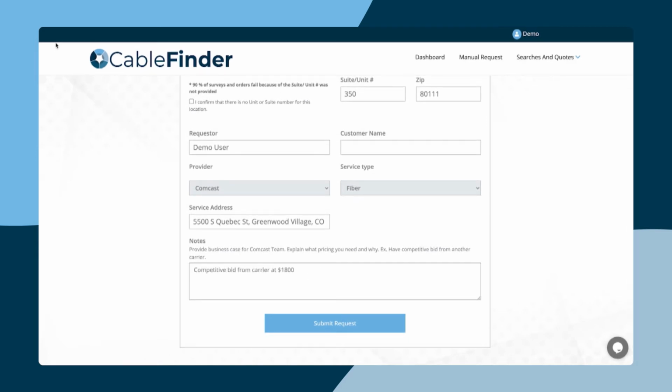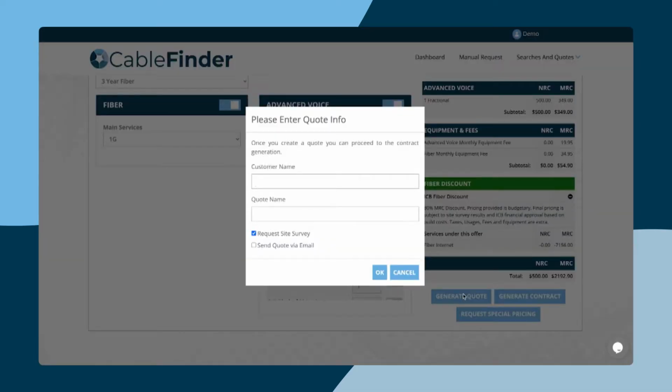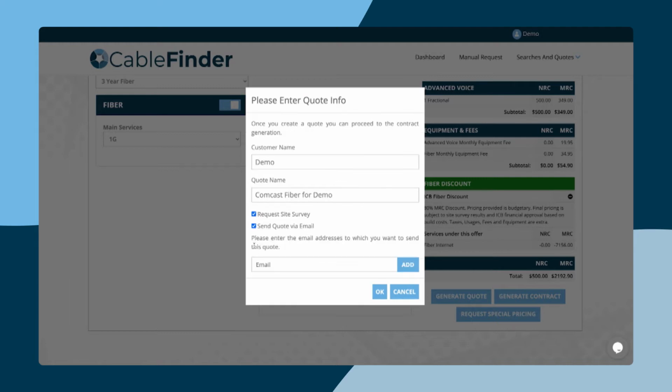Above the Request Special Pricing button on the pricing catalog is the Generate Quote button. Select this and type in your customer's name, as well as a specific quote name that you can easily reference from your search history. Keep the Request Site Survey box checked to proactively launch a site survey and expedite your